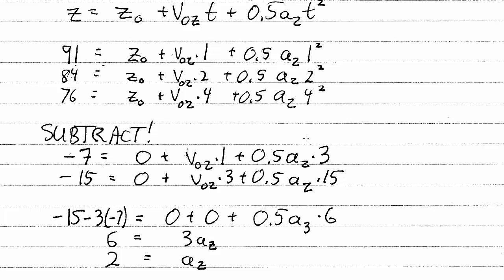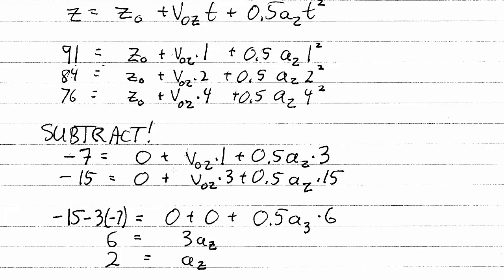We now have two equations in two unknowns. Our next step is to subtract. We might as well use the top equation and subtract it from the second equation after some constant multiplication. And if we do that properly, we eliminate v0z. So we notice that in the first equation, v0z is multiplied by 1. In the second equation, it's multiplied by 3. And therefore, we subtract 3 times the first equation from the second, and we get minus 15